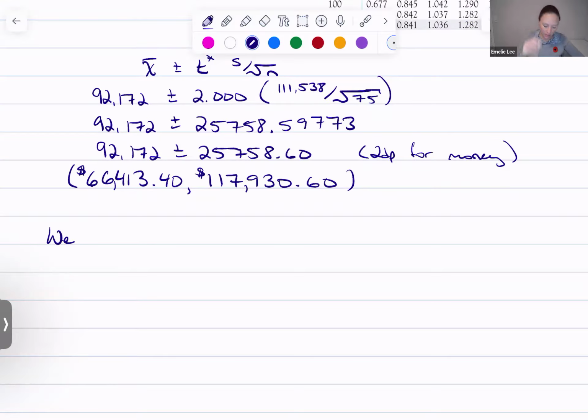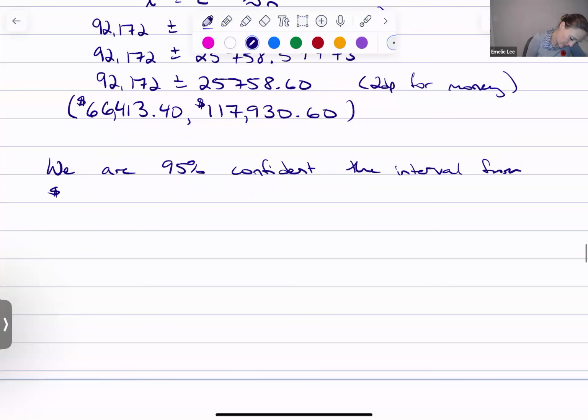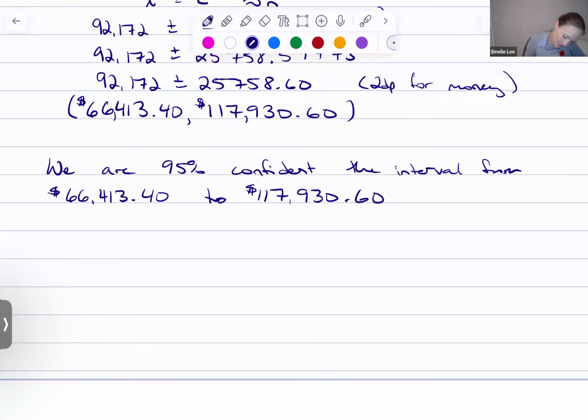We are 95% confident because we made a 95% confidence interval. We are 95% confident the interval from $66,413.40 to $117,930.60